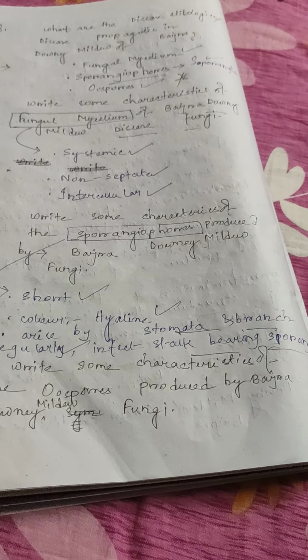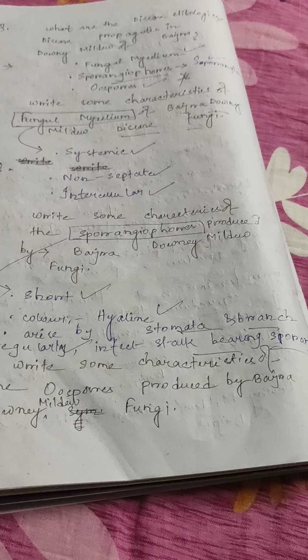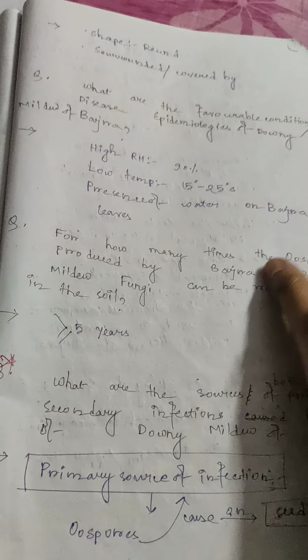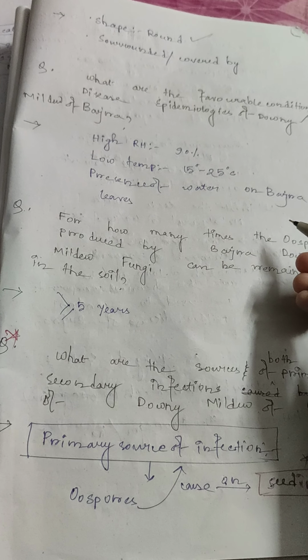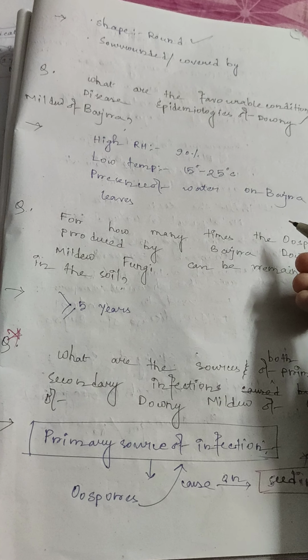Write some characteristics of the oospores produced by the bajra downy mildew fungus. The shape of oospores is round and they are surrounded or covered by...